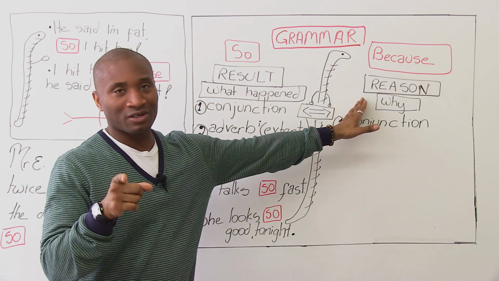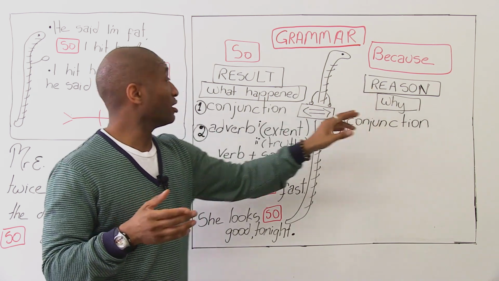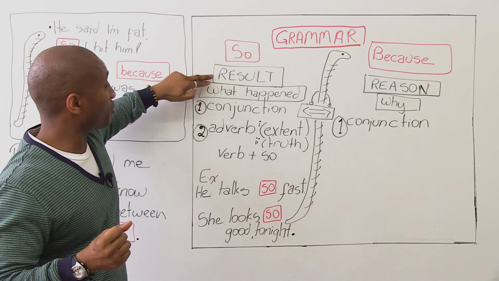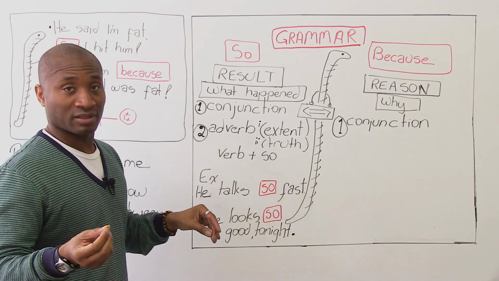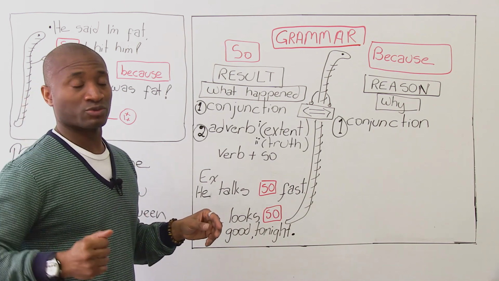There's one thing for because, right? It's a conjunction, and it answers why, the reason why. And for so, we have two things. But the first thing we have to look at is it answers the question of result. What happened, right? So this happened, right? People aren't buying, so we dropped our prices. So what happened? Prices were dropped, okay?